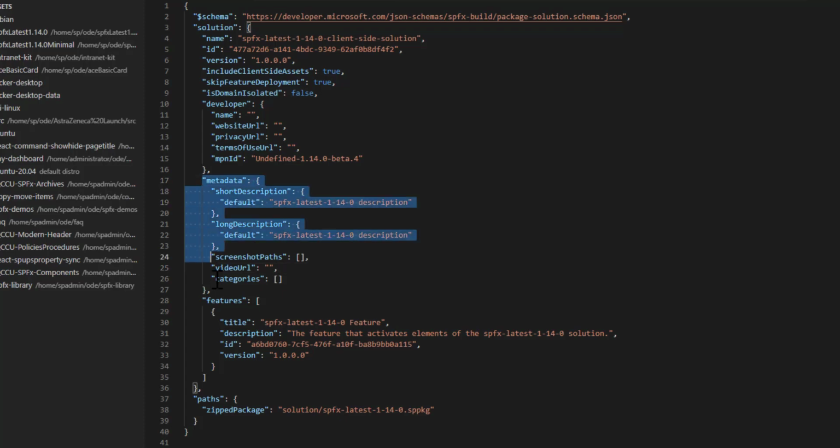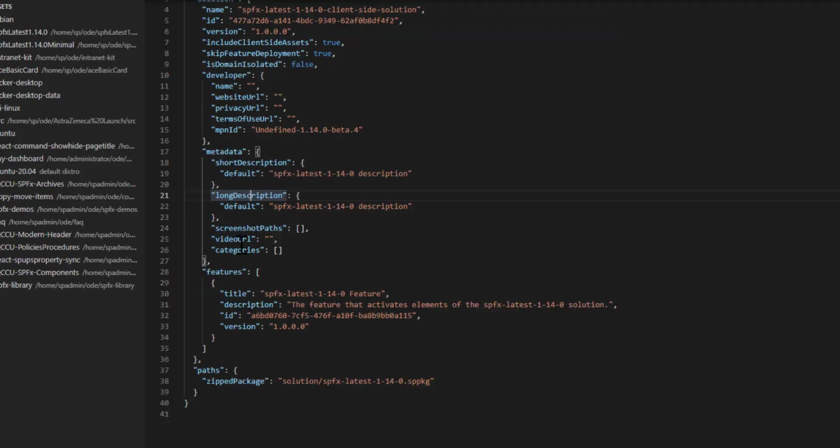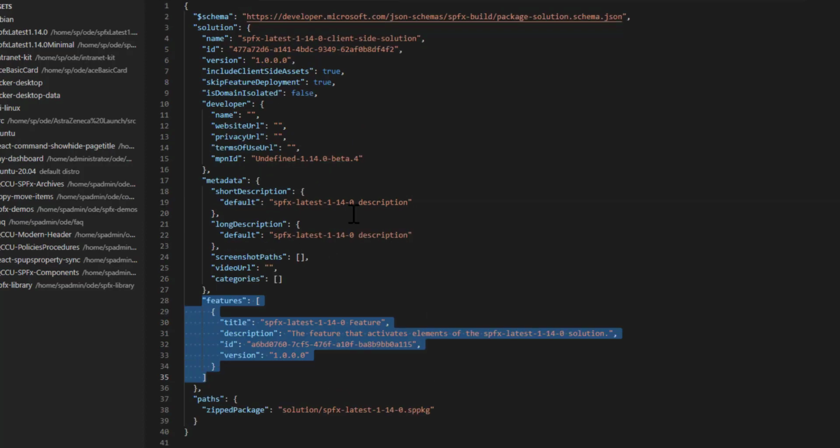These are all the properties which are added by default. These properties already exist in older versions, but it's very rare for a few of them to be given. Particularly if you are deploying it for Teams, or publishing it in the App Store, then you need to give all these properties. Here they have added these properties by default, and this is the features they have created by default. In case you don't want the tenant deployment option, you have to set the skip feature deployment property to false.